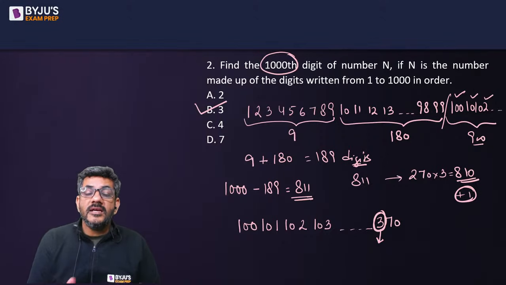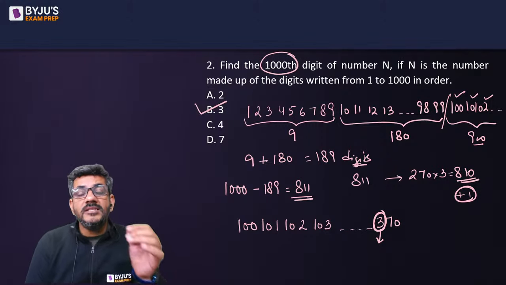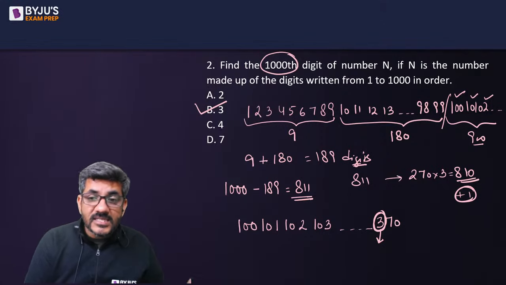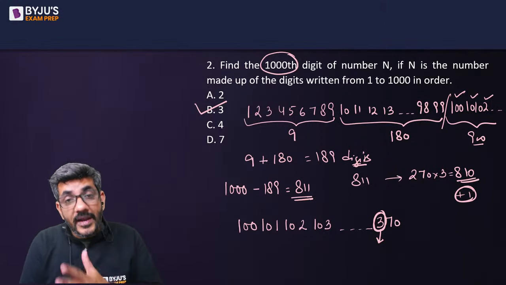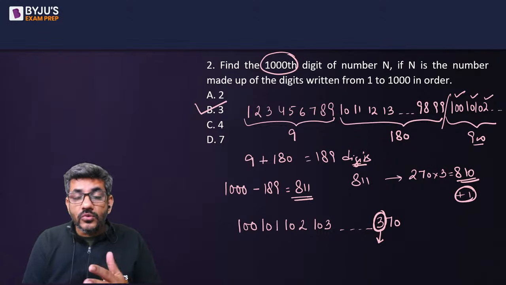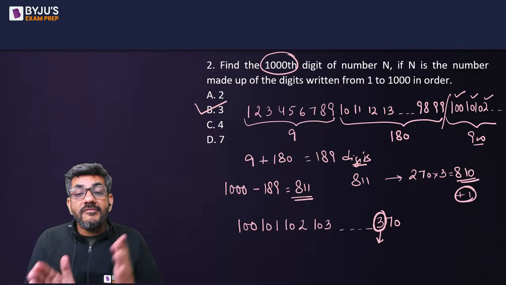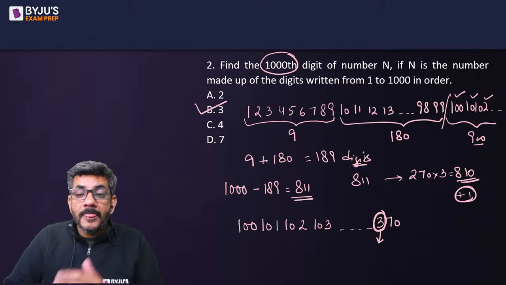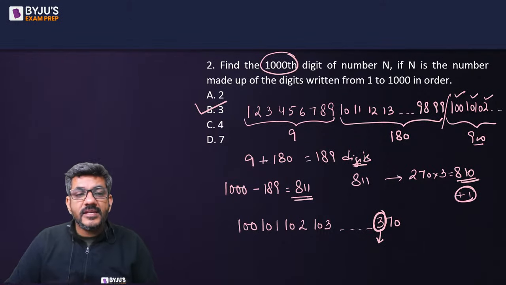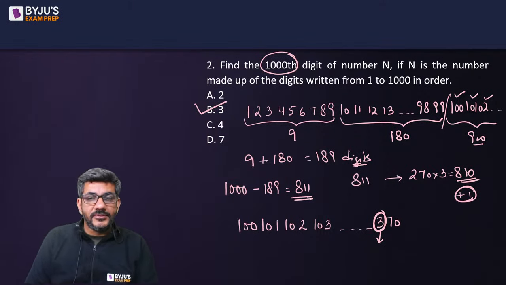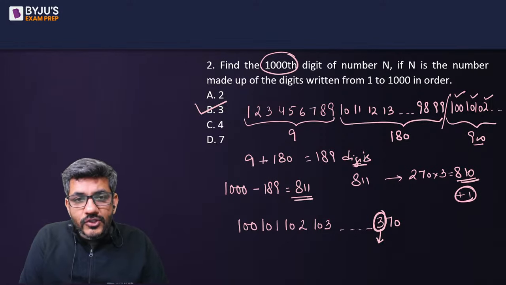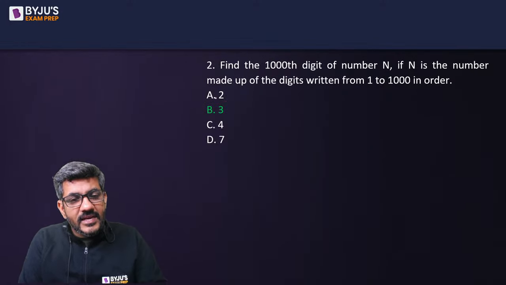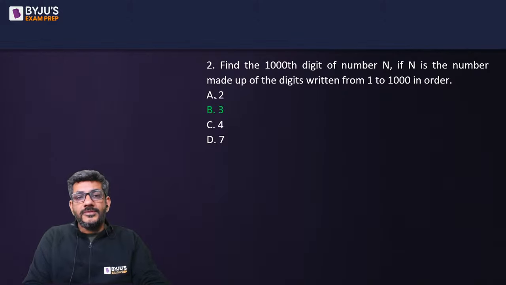तो कैसे कैलकुलेट करते हैं, 100 से स्टार्ट करके फर्स्ट नंबर इज 100 + 0, 100 से स्टार्ट करके सेकंड नंबर इज 100 + 1, third number is 100 + 2, and similarly the 270th number is 100 + 270, that is 370. The first digit is 3, which is the correct answer for question number 2. I'm assuming that you all have understood this second question as well, having a right answer of option B, 3.